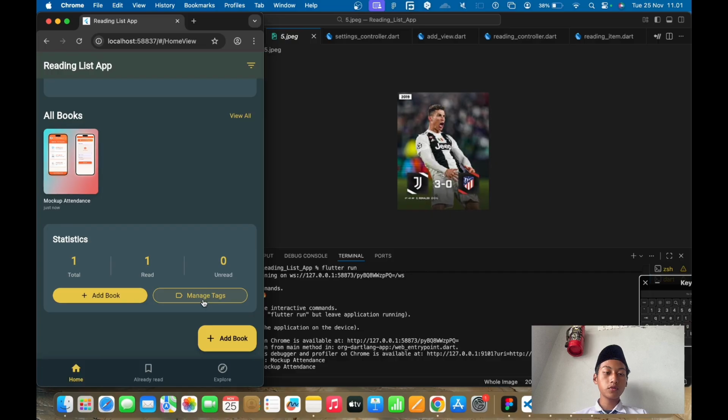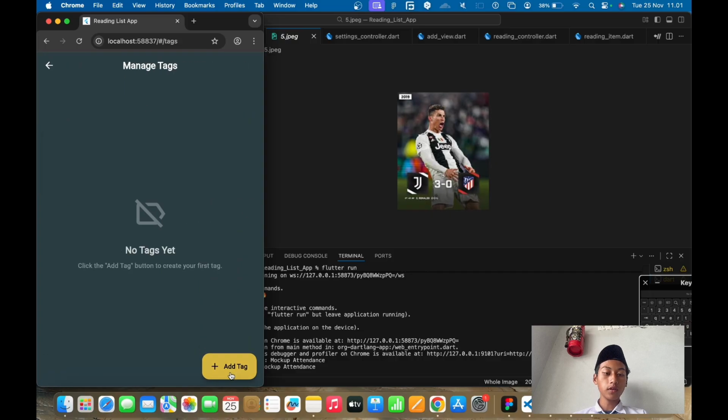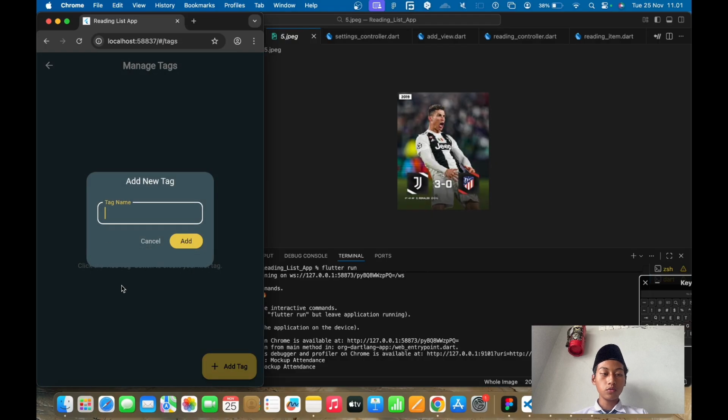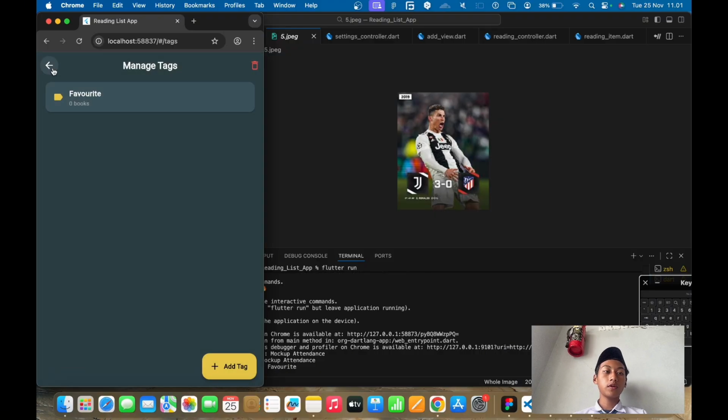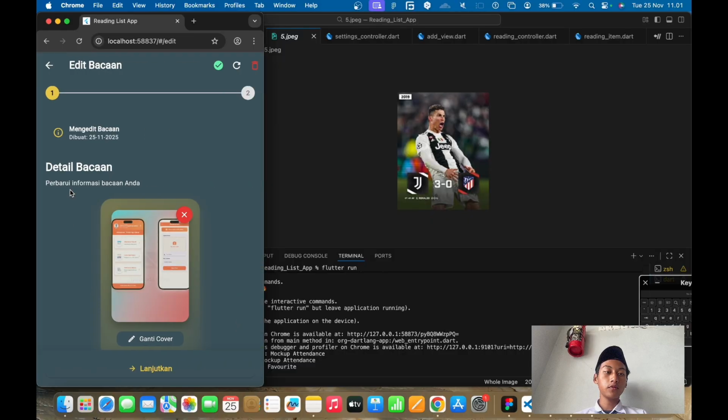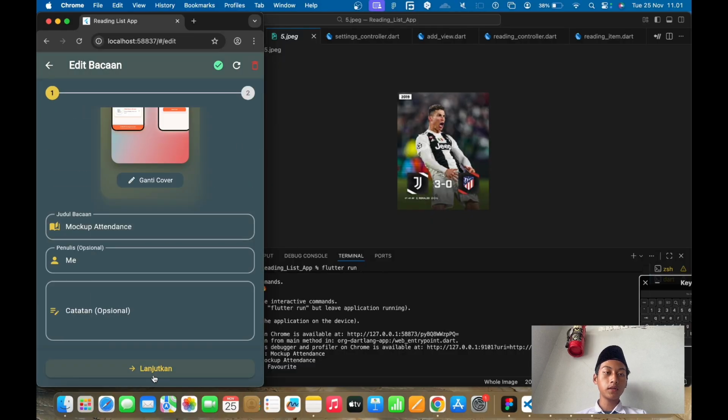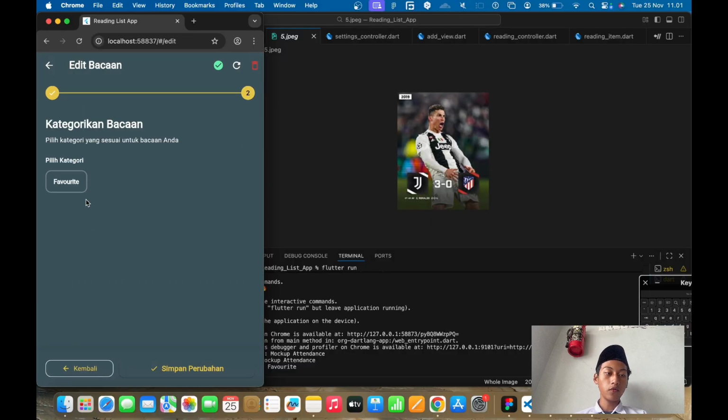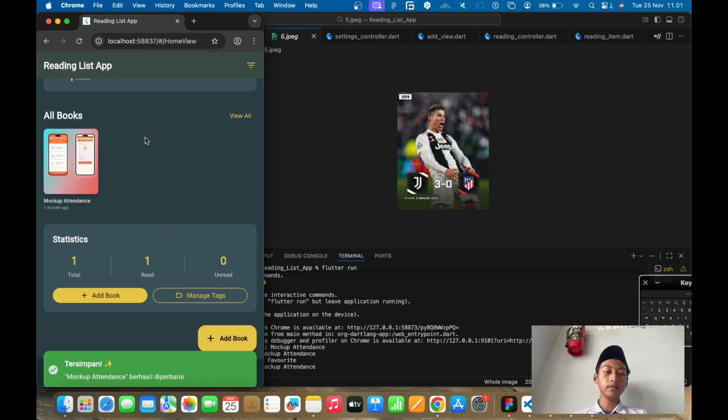So you can use manage tasks. You can use a tag. I want to use favorite, add. You can go back, and then you can give the tag of your book with favorite and save for the edit.